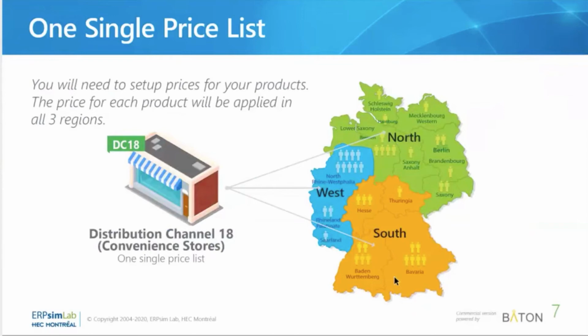For example, say I want to spend 1% of my revenue for marketing in the South. For some reason I think I want to focus on the South more than the other regions, so I want to spend 5% of my revenue in the South region. Or you can say the North region is the largest region, so I want to spend the most money here in marketing. In that case, you can say I'm going to spend 5% in North, and then West region 3%, and South region 1%. Or you can say half a percent